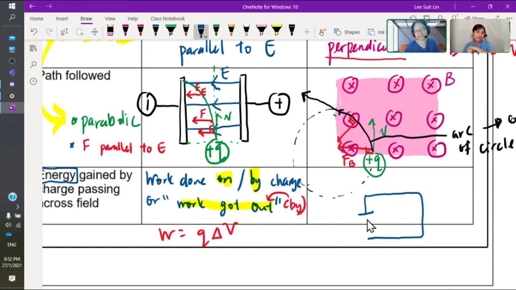I will draw a rail gun setup just to explain. Current goes like this. You know how to find the direction of the magnetic field? Which hand do we use? The right hand grip rule. The thumb goes in, fingers follow. If you're wondering why we keep choosing to go in, it's because it's easier to draw. Okay, so let's say I put a conductor here,